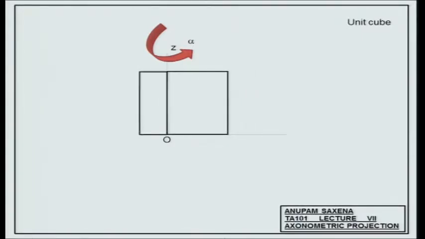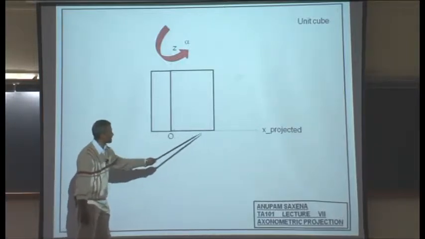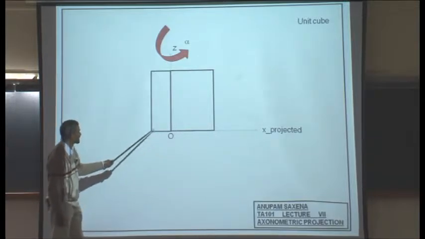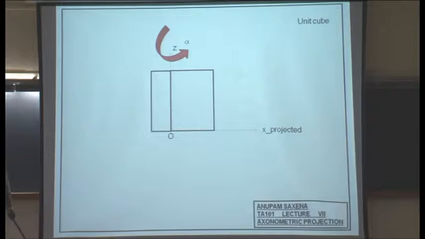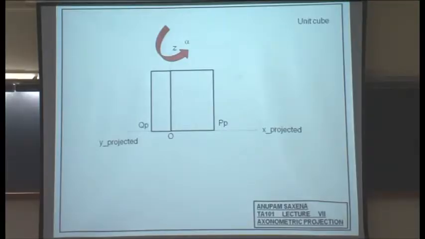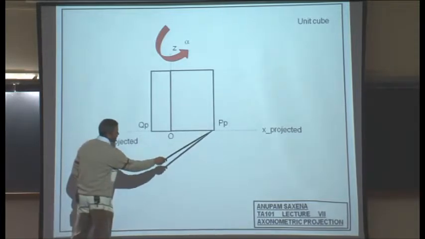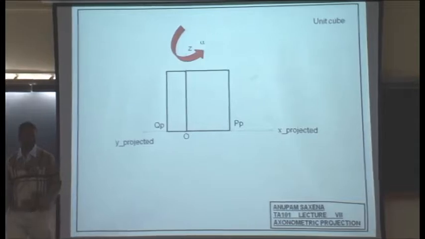When I do that, I see 2 planes, right? Fine. I am calling this x projected, but it is essentially containing the projected length of this edge and also the projected length of this edge, right? But the actual reference frame stays stationary, it is fixed. And then you would actually see 2 of these vertices, PP and QP. At first you are seeing only this vertex, right now you are seeing 2 planes.